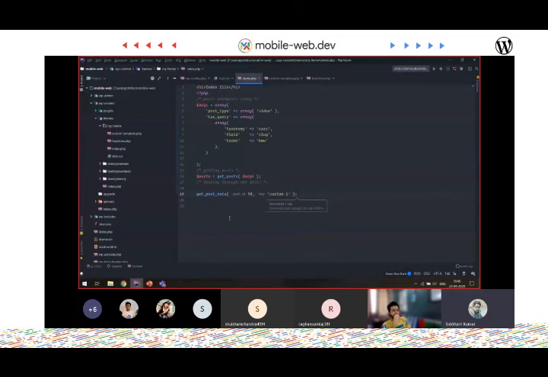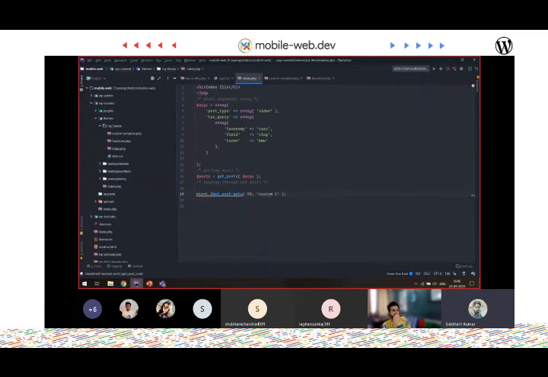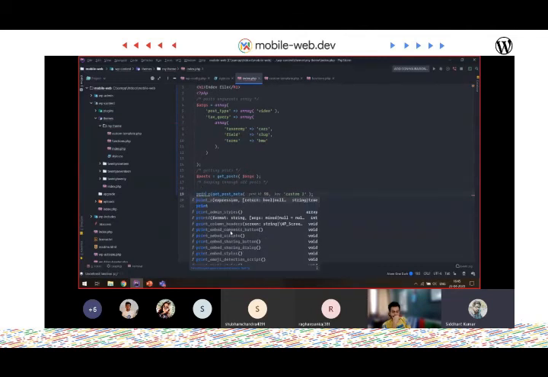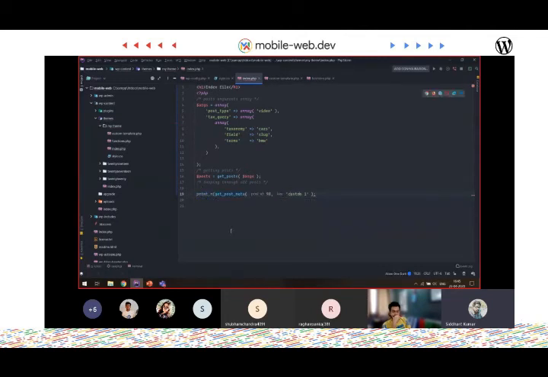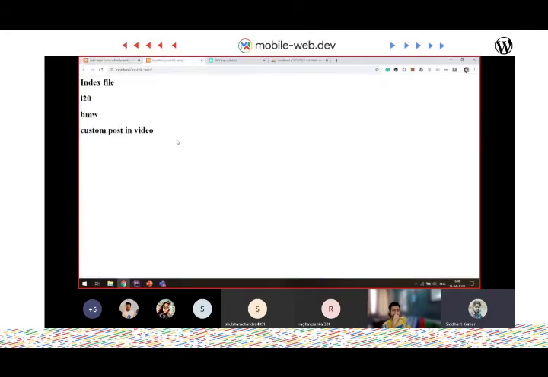To print this, you need to use print_r. It's a PHP function, not a WordPress one. There's another method called var_dump too. Let's first print everything and see what gets printed. It's an array with value 60 at the 0th index, which is what you entered here.